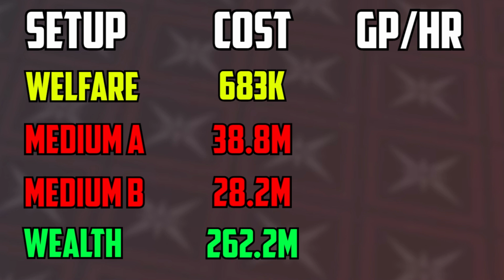Now time for some calculations. After factoring the cost of supplies, the costs have changed. The ones with the bolts actually went down because I did not use all 500 enchanted diamond bolts, and the toxic blowpipe setup went down because we did not use all of the scales and darts. The welfare setup now costs